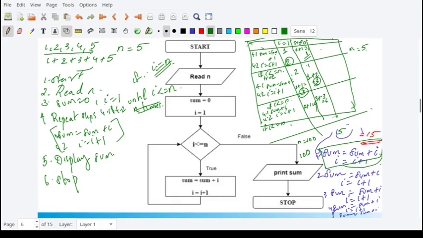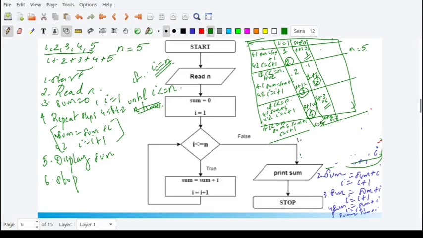The value of I is 4, which is less than or equal to 5. So we will again do sum is equal to sum plus I and I is equal to I plus 1. You will get the value of sum as 6 plus 4. I is 4, sum is 6, we get a value 10, and I is equal to I plus 1 is 4 plus 1 which is equal to 5. The value of I is equal to 5.